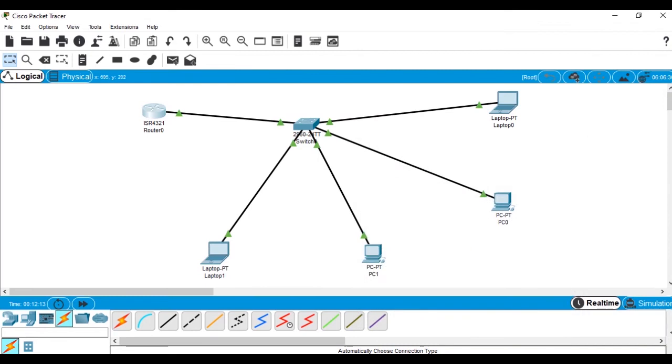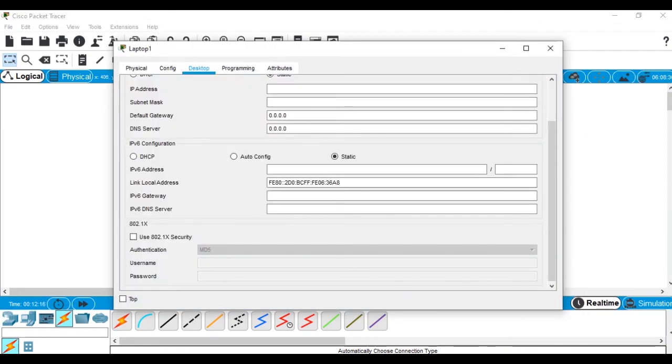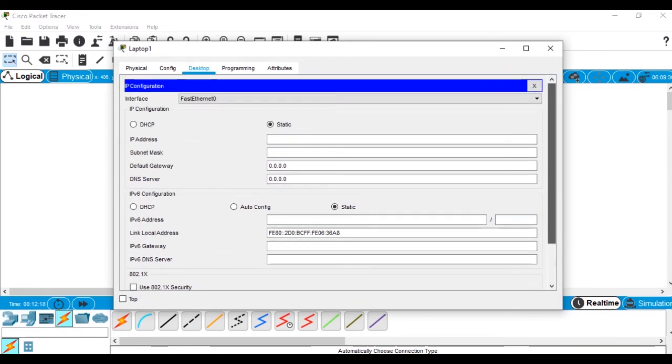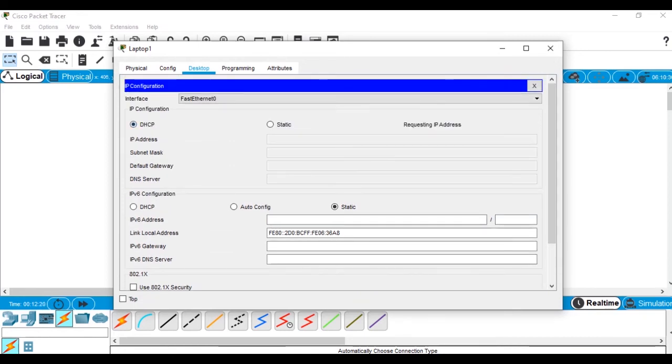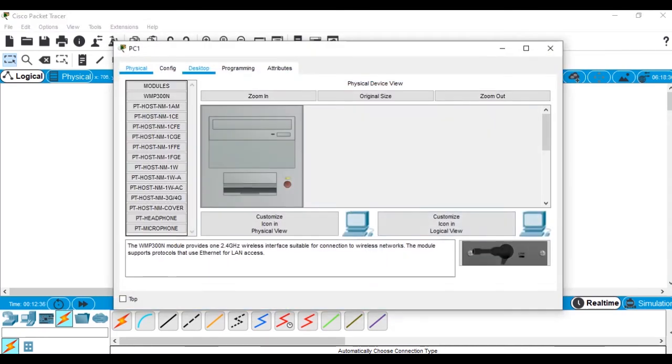So if you want to check, we'll go to the systems and we'll go to the desktop. We'll set the IP address to automatic DHCP. So you'll see that the IP address has been acquired. So here you can see 1.2 because 1.1 is the router address. We'll also check the other system's desktop.